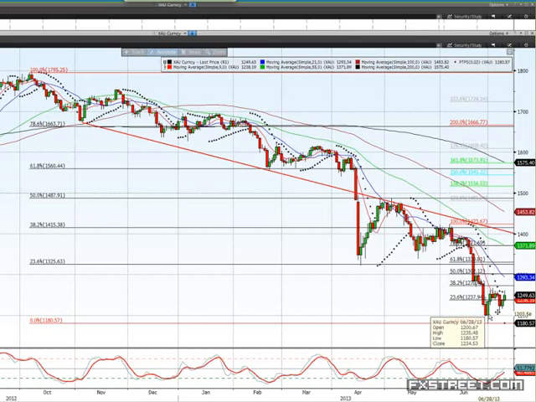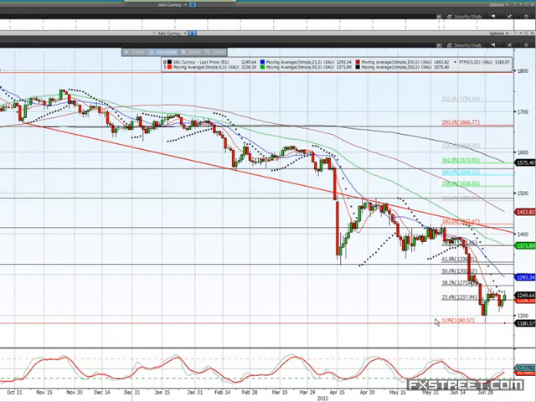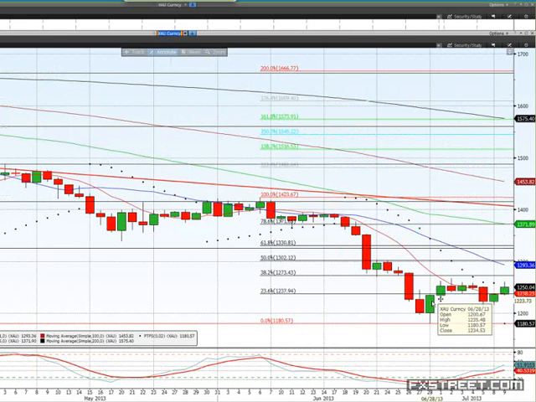End of last week, we hit 1180. Now you can see this candle here was very clearly bullish. We made a new low, but we closed above the previous open, not quite above the previous high, but it closed above the previous open. So I think they call that an engulfing candle. For me, it's a reversal day, almost a key reversal day, but well, it would have been if we'd closed above the previous high, but we didn't quite make that. But still very, very bullish.